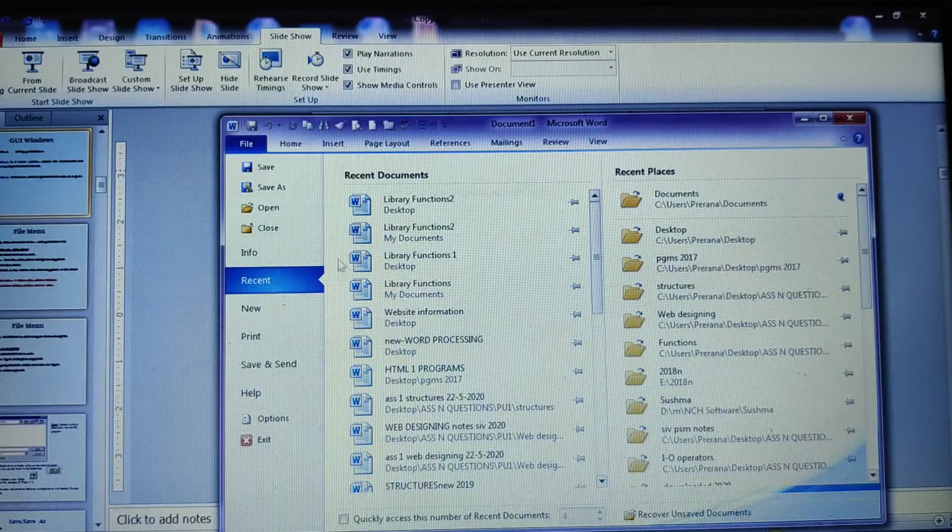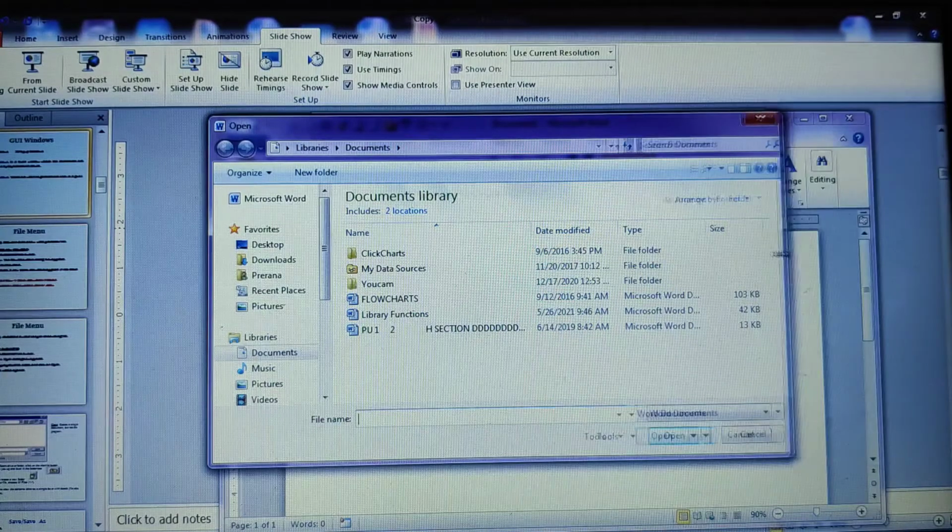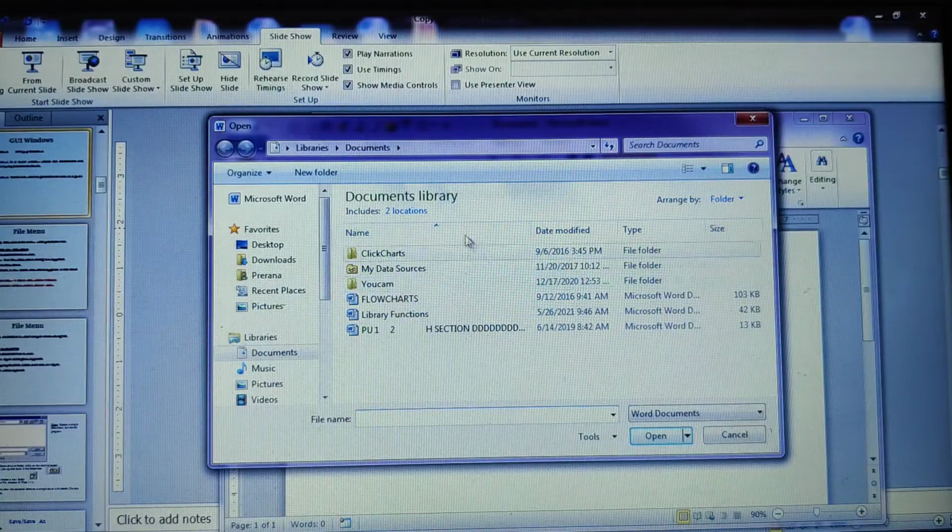Now this is a fixed window, wherein you can perform operations based on the keyboard and the mouse, and it includes the standard operations. Now what is a pop-up window? When I click on the option Open here, I'll get an open dialog box. I'll resize it here. Now this is a pop-up window, which will perform only one task at a given time.